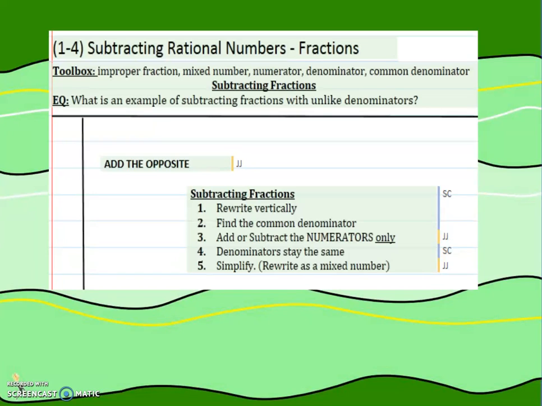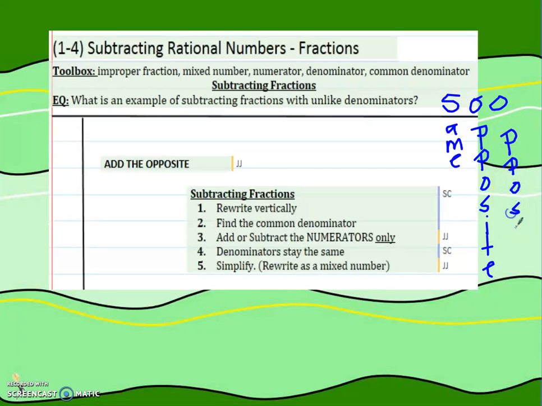Subtracting rational numbers with fractions. Remember, we have subtraction: same, opposite, opposite, or add the opposite. And then the rules that we've had for fractions is that you have to find a common denominator,